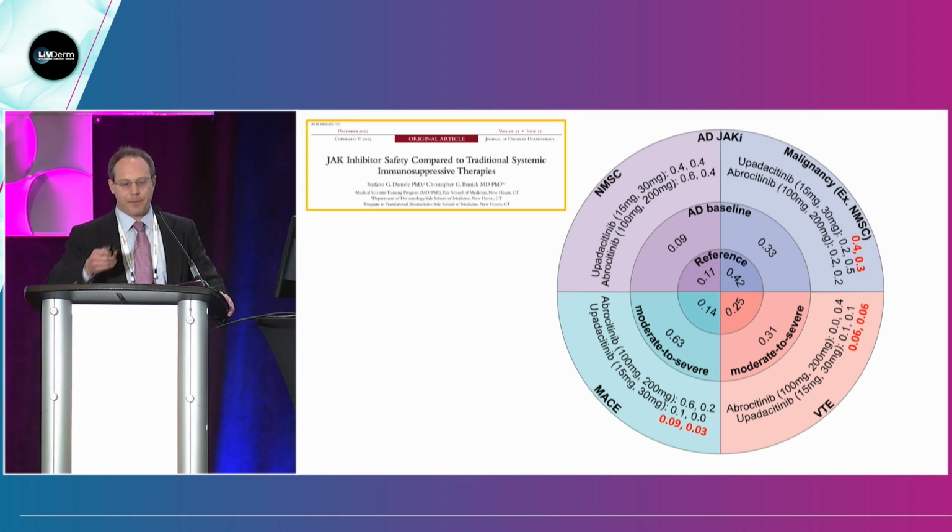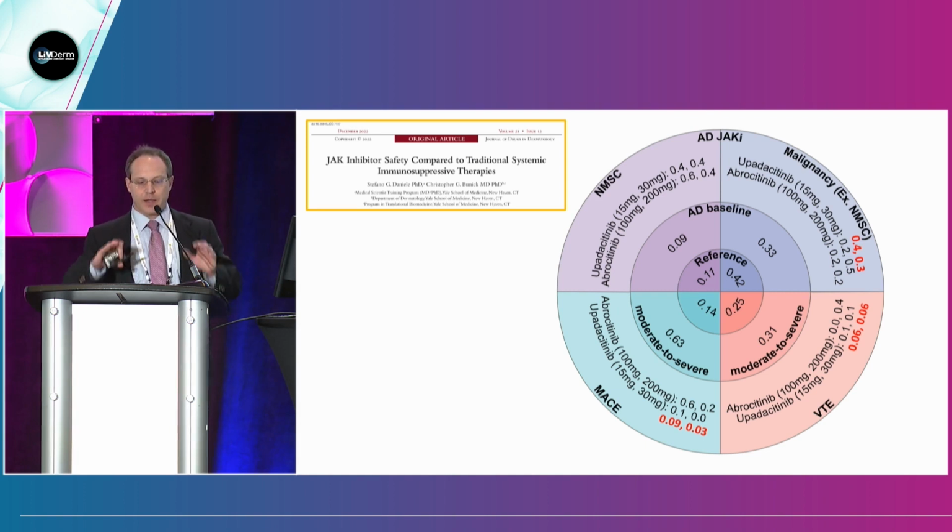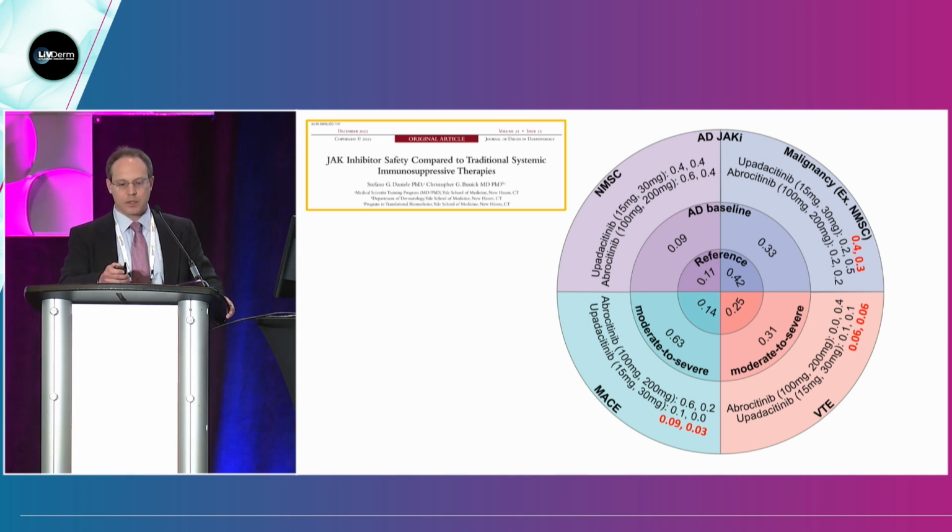So what we did in our paper in the JDD is we took, in this bullseye diagram, in the middle your reference, that's the healthy population. And we looked at the 4 different major adverse events and the event rates per 100 patient years. And then in the second tier of the circle are the moderate to severe atopic dermatitis patients and their event rates. And then on the outside, the event rates per 100 patient years for the JAK inhibitors, in particular Abro and UPA. And what I show here in red are updated numbers from this long-term safety data with the JAK inhibitors, in particular the upadacitinib data.